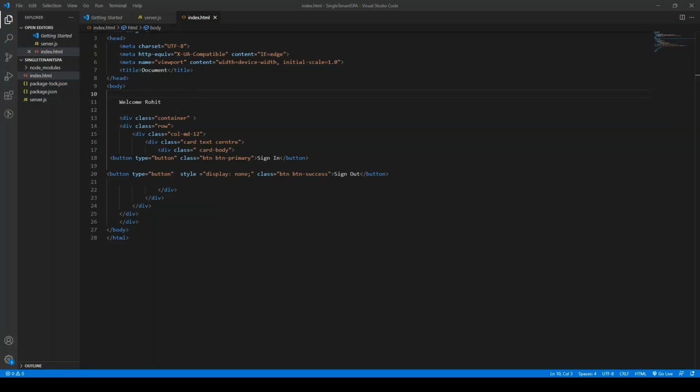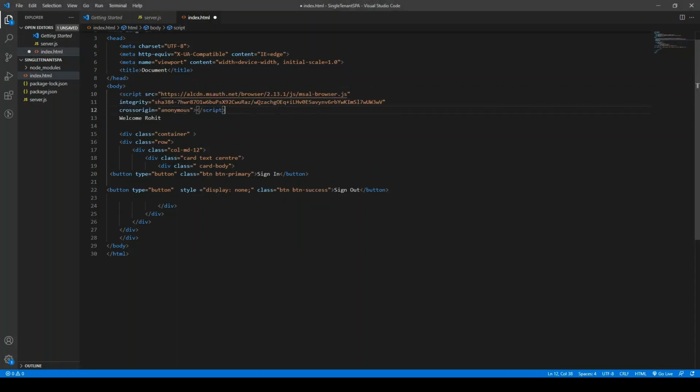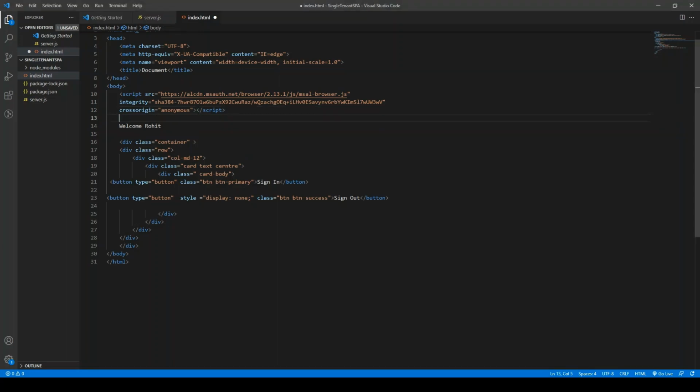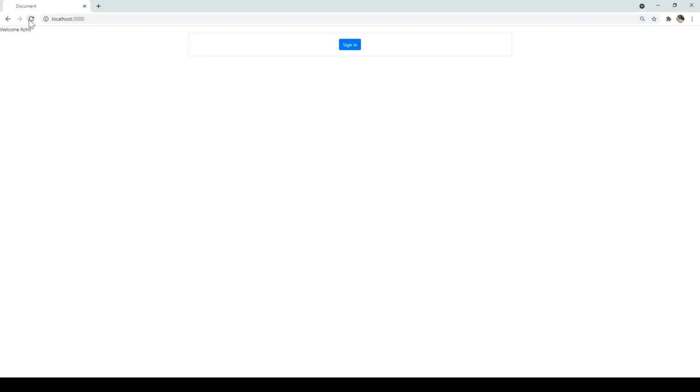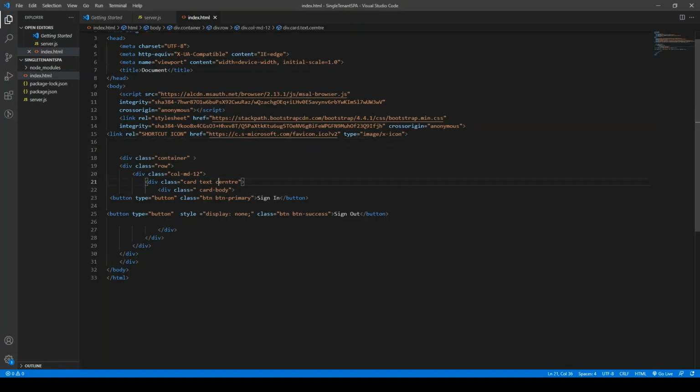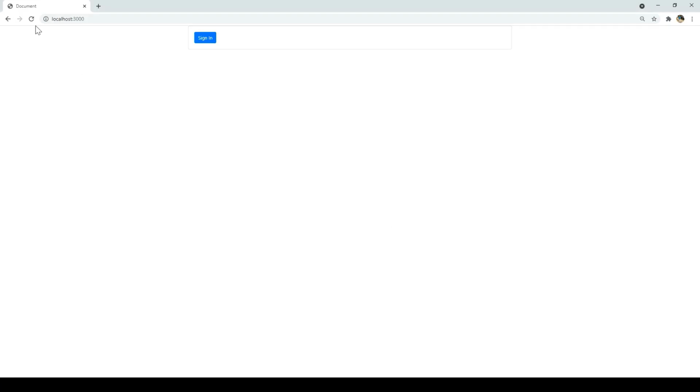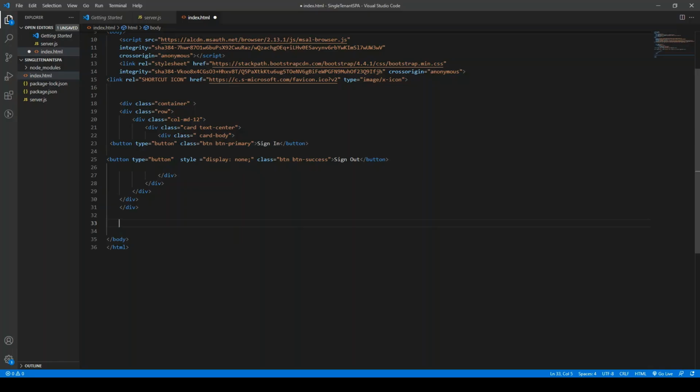Now I'm back in VS Code. Let's refer to the MSAL script file. I already have the link, so I'll just paste it here. And let's add Bootstrap also. I'll paste the link of Bootstrap too. Save it, and let me remove the welcome message here, and let's go back and see. Okay, the sign in is not coming properly, so the issue is... cool, we are good. Next we will add the code.